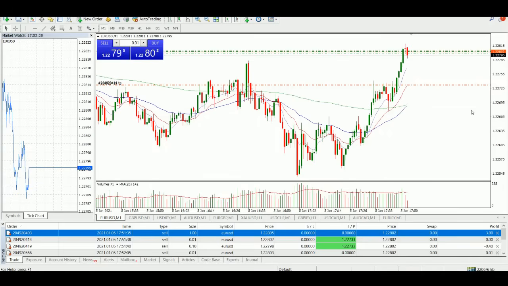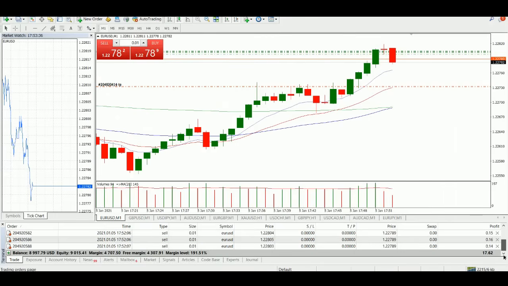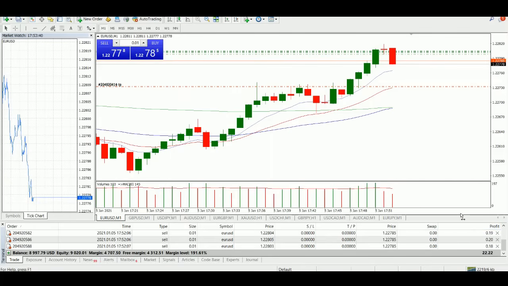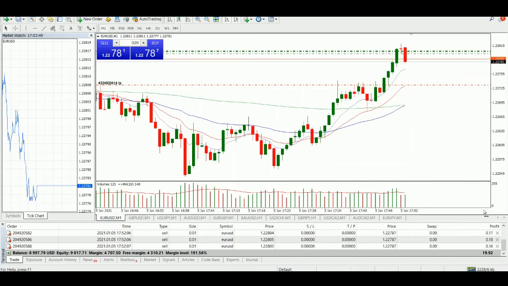I told you that price would be retracing, and take a look at this candle, indecision. Okay, rejected, and here I am making profits again and again. That's $17 in profits, and I'm still waiting. 22, 23, and I'm still waiting for the price to reach my levels here. Okay,